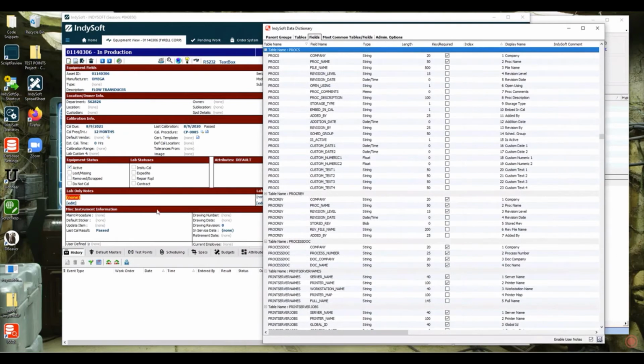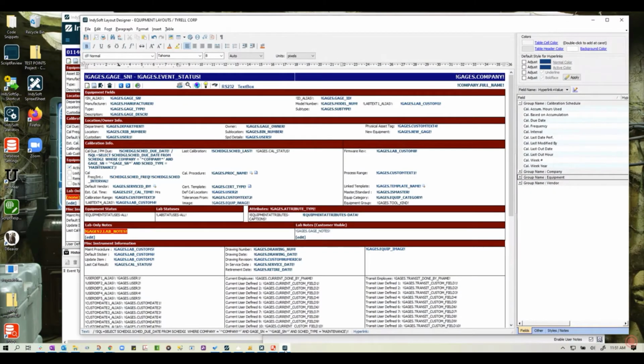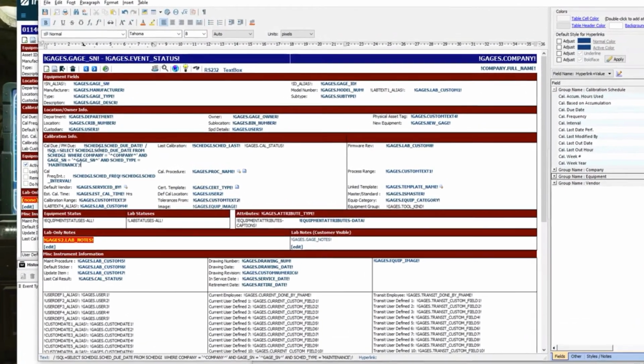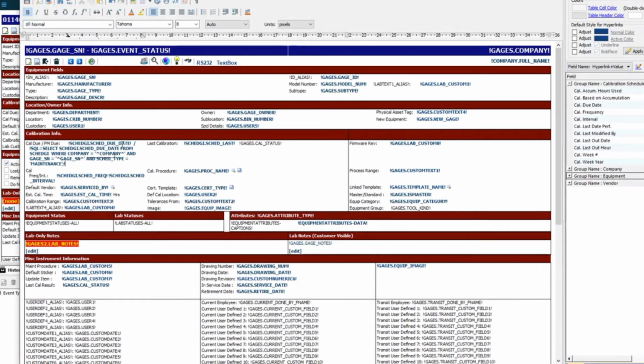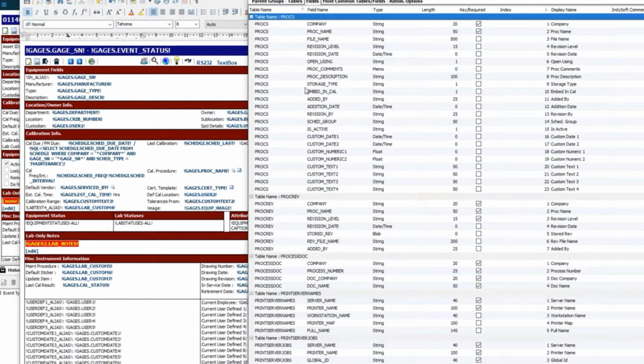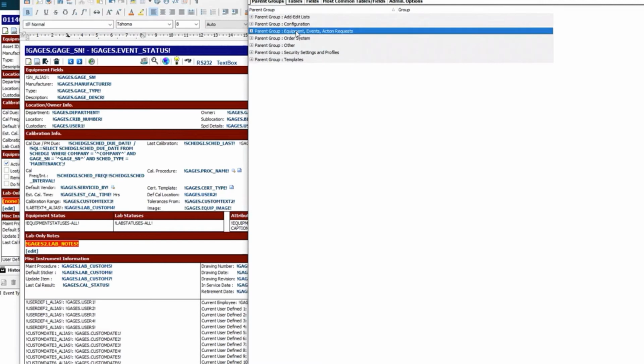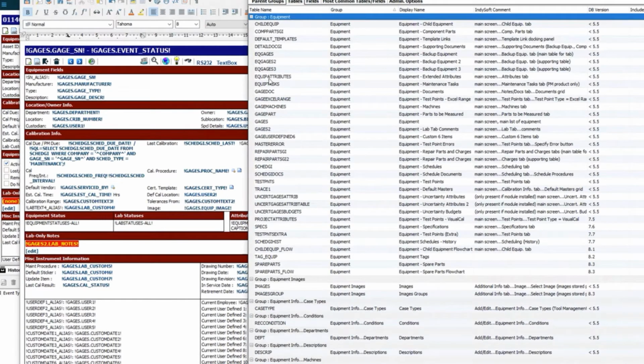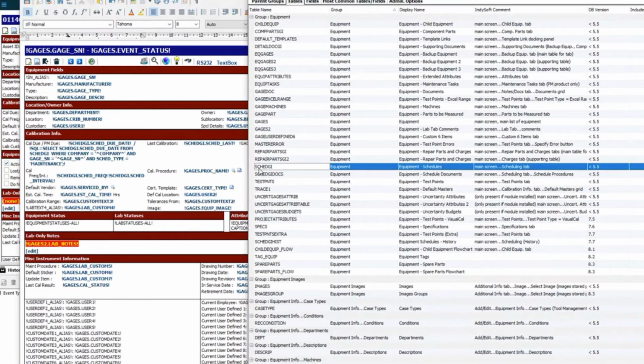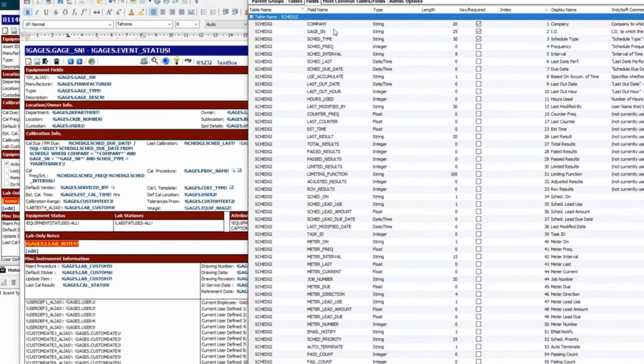So back in our layout builder, I've got this statement here. So I'm pulling the scheduled due date, which is... I'm looking at the wrong thing here. So let me go back. Equipment. Schedule. So here we go. This is the table that handles the